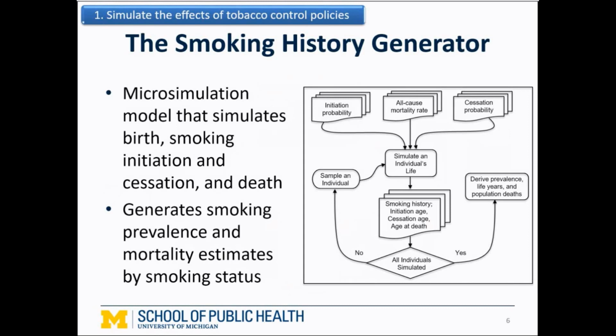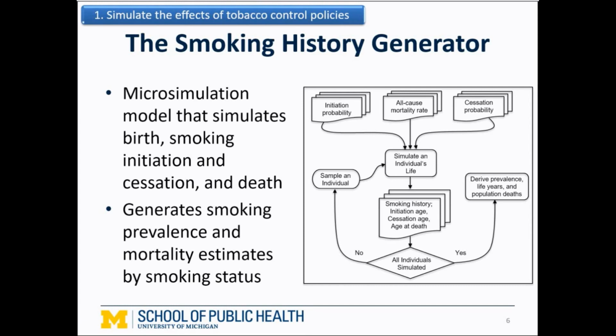And their probability of death each year also depends on age, gender, year of birth, and of course, their smoking status. And after we simulate an entire population, we're able to aggregate the data to estimate population deaths and population smoking prevalence. So this figure here shows the CISNET annual probabilities of smoking initiation for males and females as used in